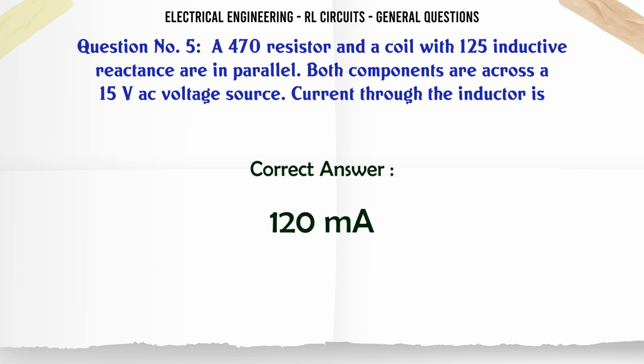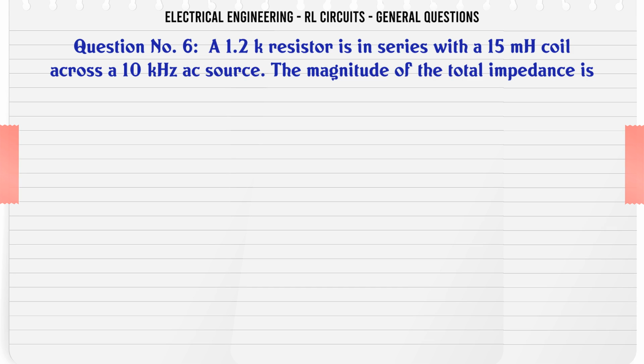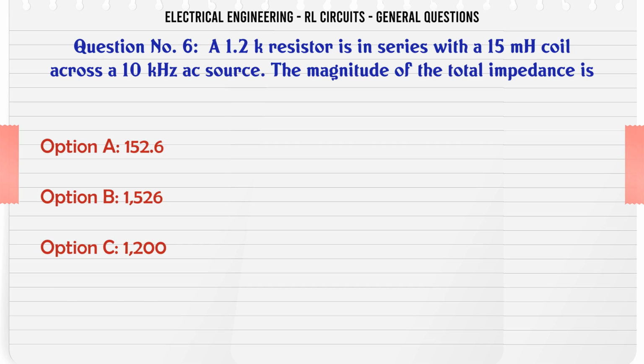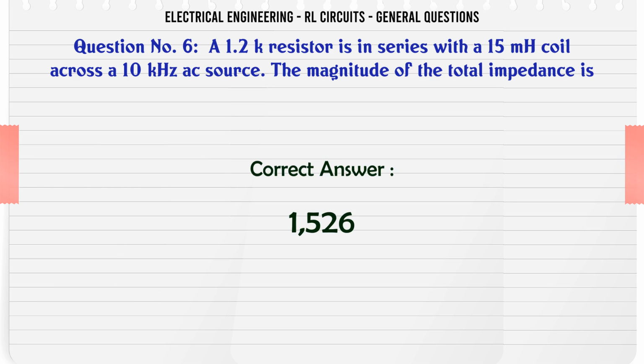120 mA. A 1.2K resistor is in series with a 15 mH coil across a 10 kHz AC source. The magnitude of the total impedance is A. 152.6, B. 1526, C. 1200, D. 942. The correct answer is